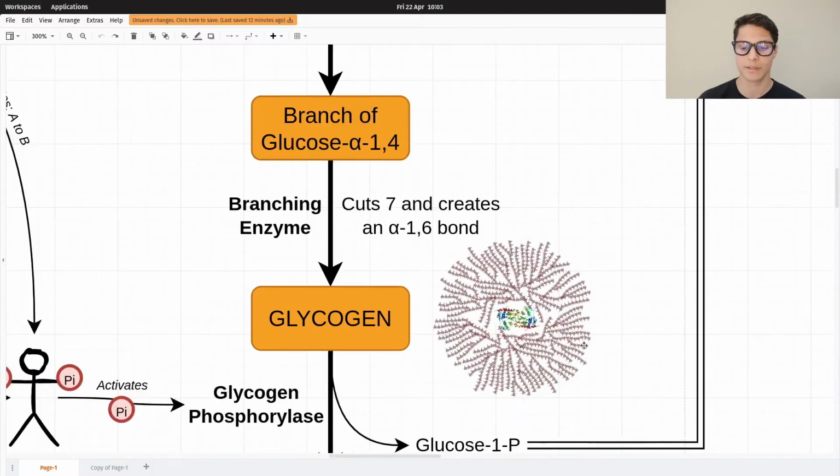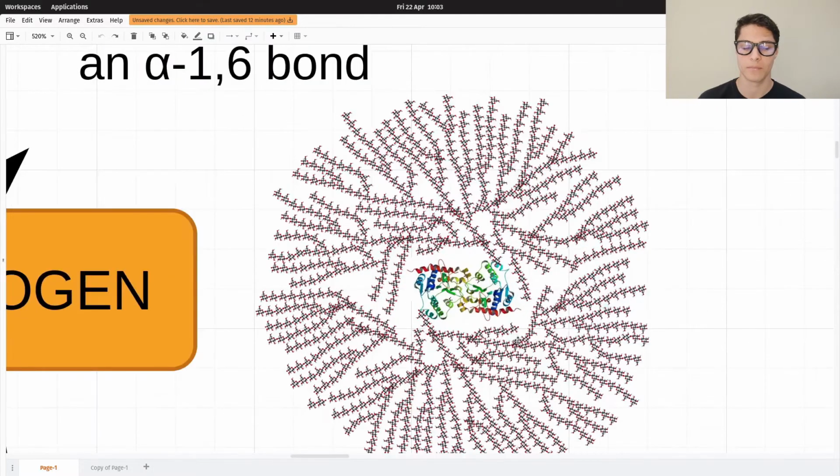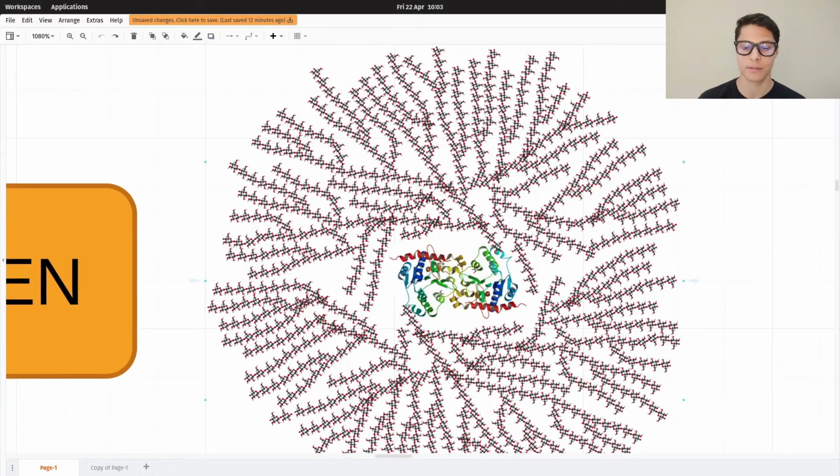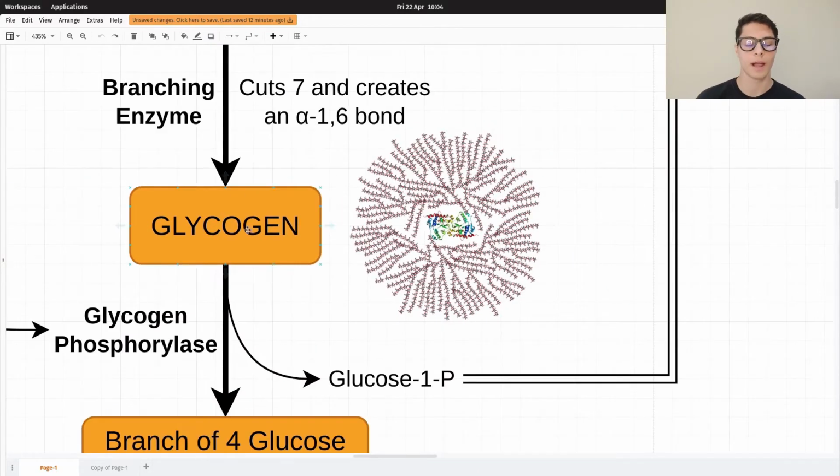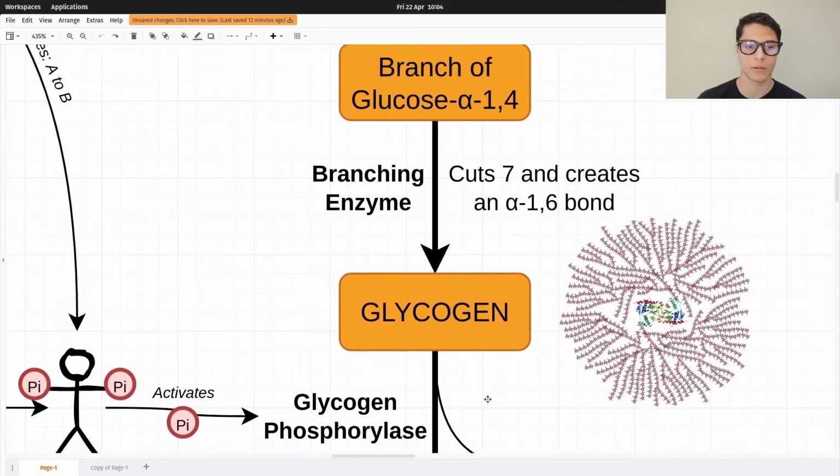As you can see here, this is a structure of glycogen. This is glycogenin, and these are branches. For example, this is a branch of alpha 1,4, alpha 1,4, alpha 1,4, and here, as you can see, this is an alpha 1,6, and here we have another alpha 1,4, alpha 1,4, alpha 1,4. Okay, so glycogen is this structure with glycogenin in the middle and all around it lots of branches of glucose molecules. And that's called